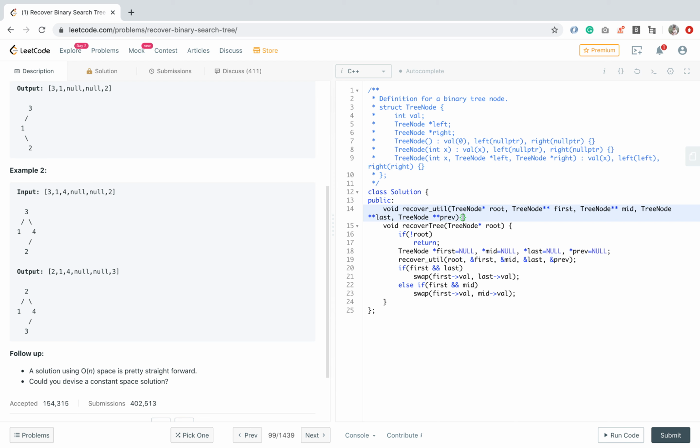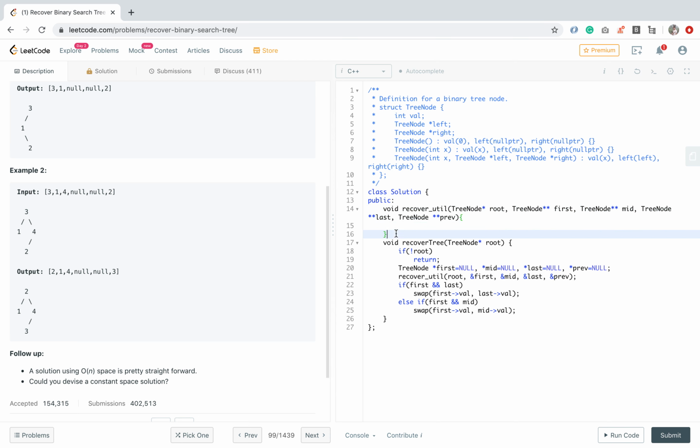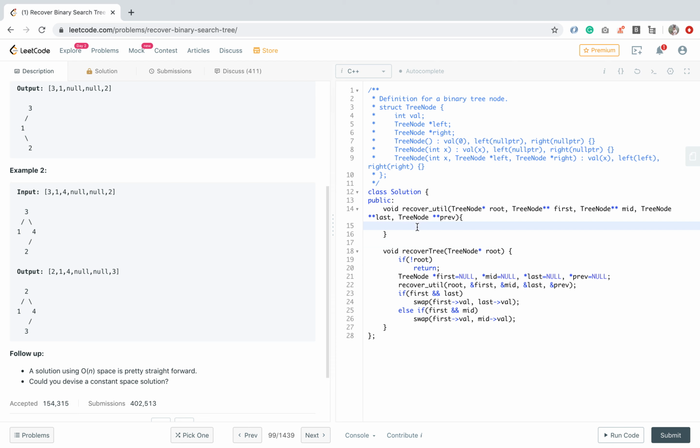Yeah, so we have all these things. Right now we have to get this element.